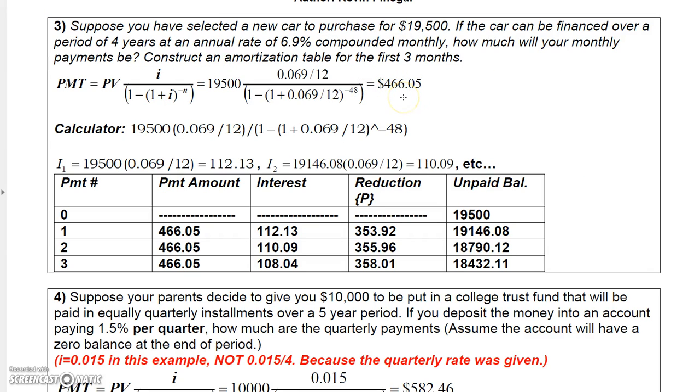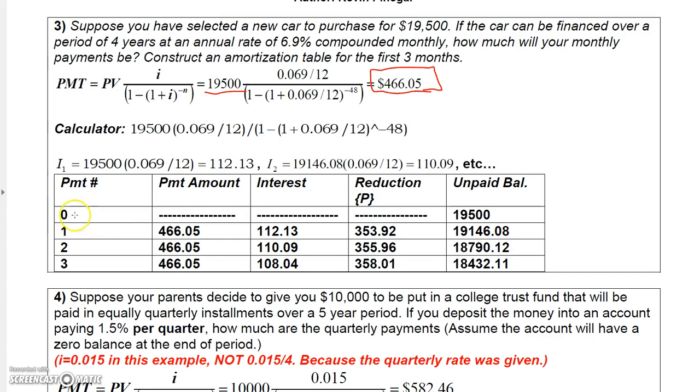Okay, on this problem, I want to focus on just the amortization schedule. You can read the problem, pause the video if you need to, and see that I calculated the monthly payment on an automobile valued at $19,500 at 6.9% interest compounded monthly for 48 months. But anyway, the monthly payment is $466.05. Now let me show you how you calculate the